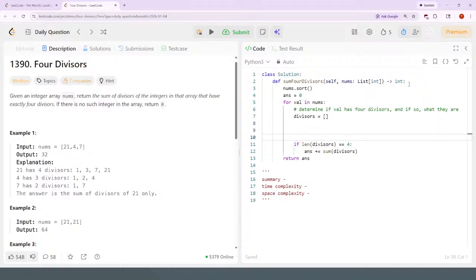Now the question is, how do I find divisors, or stop myself from going too much? Obviously 1 and the number itself would be a pair of divisors. Obviously it wouldn't work for 1, but 1 is like whatever. 1, 3, 7. Think about this. If you have 4 divisors,